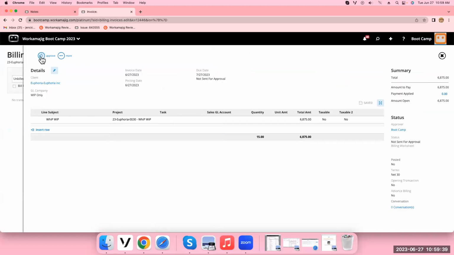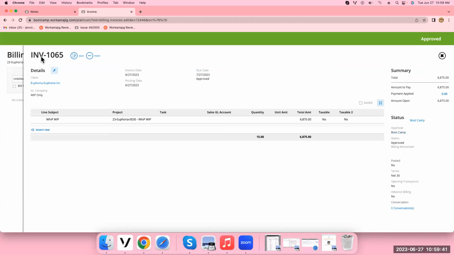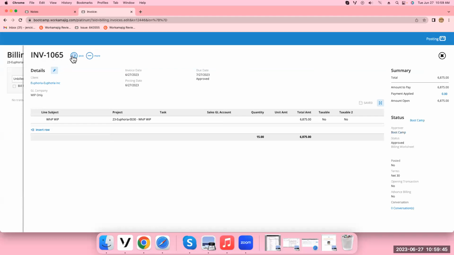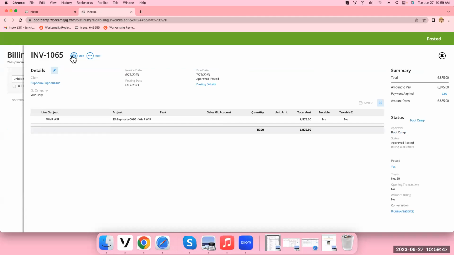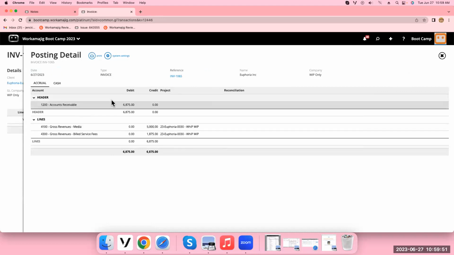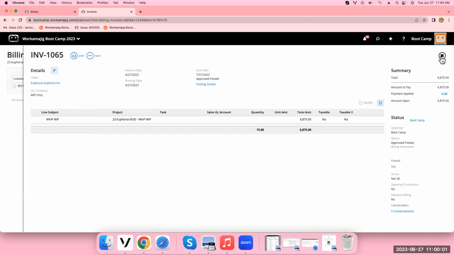Great. I'm going to approve this for 68.75, and I'm going to post it. So now that it's been posted, which was what it was before I had unposted before. I mean, not for the previous one, but now we're posting the actual invoice so you can see what will happen. So we've got our income and